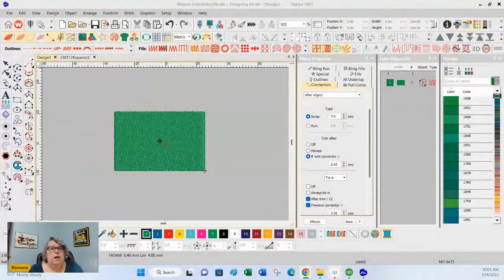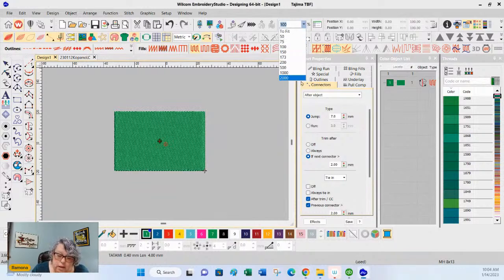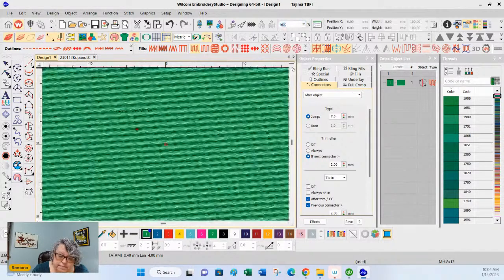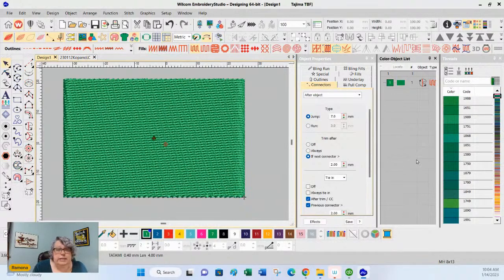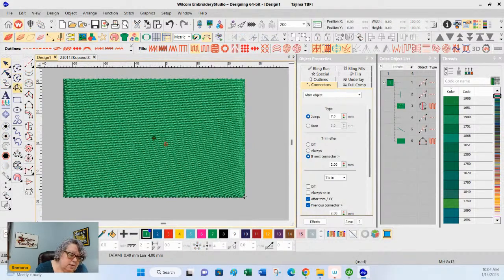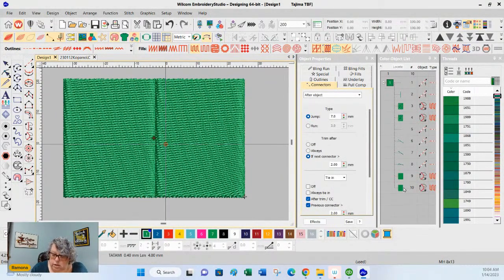Okay, so I'm gonna pop this over here. Look at that. Here's one of the things I wanted to talk about. When digitizing, if you have two elements, we're going to divide this into two pieces.